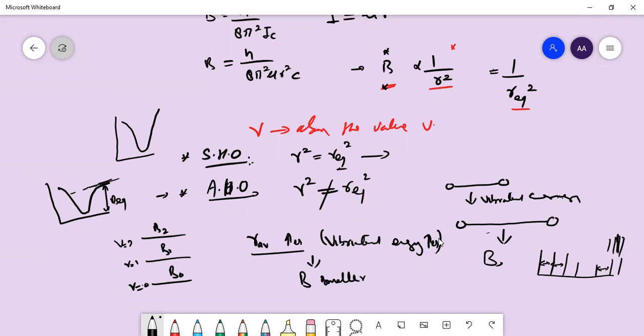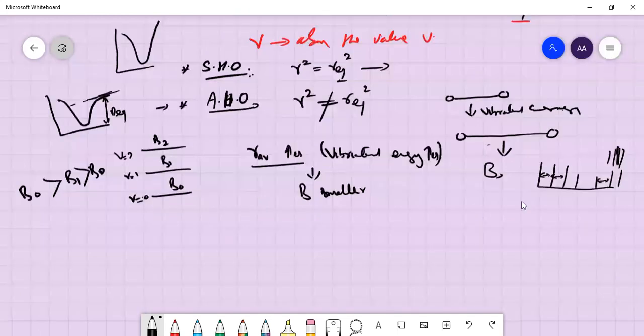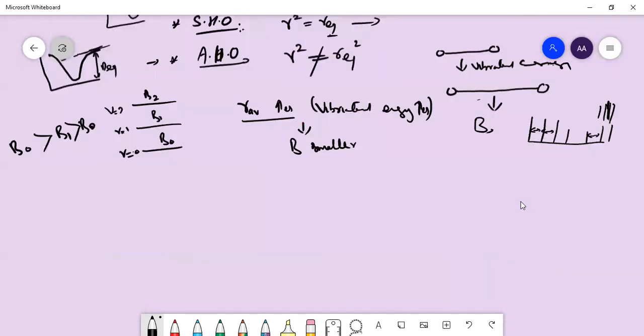So here I have the maximum value of the rotational constant in the ground state level, that is B0 is the highest, then B1 and then B2. It means as you increase the vibrational energy of the molecule, or as you move on to higher vibrational quantum number values or higher energy levels, the value of B will decrease, and it will lead to a decrease in the gap between the lines in the spectrum.